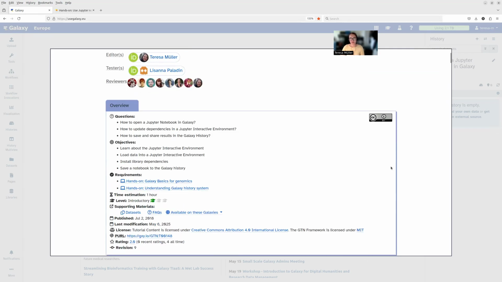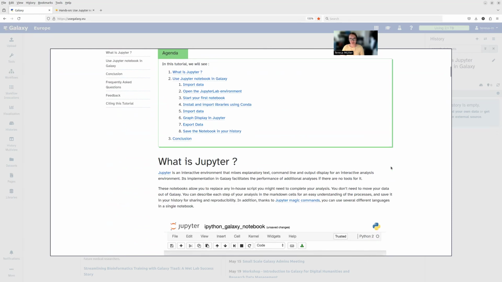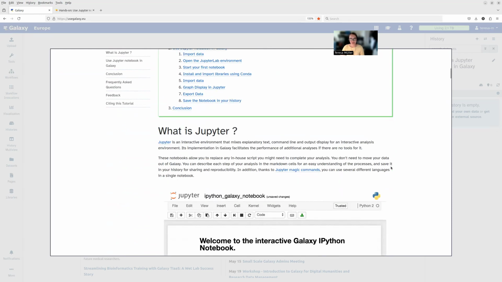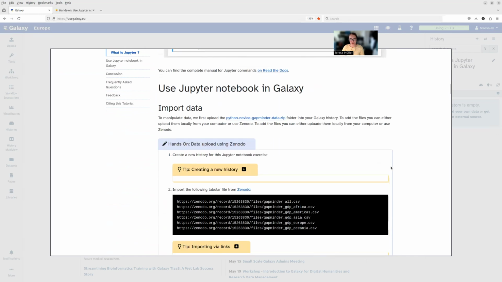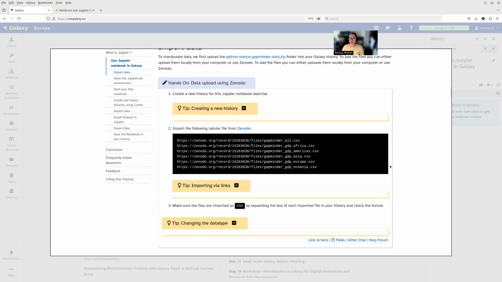Okay, then the first step will be to upload data. And as I said, this is a setup for the Software Carpentry's Python course. We will use the Gapminder data that is used within the tutorial. So you can copy all of the files. They are all uploaded to Zenodo. And by copying the download links here,